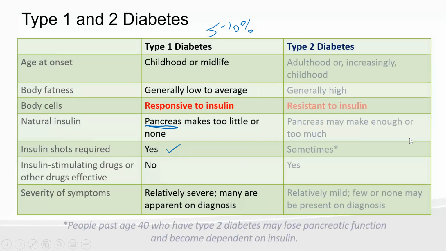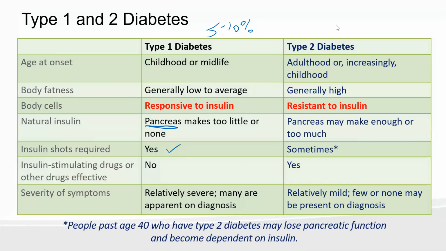Type 2 diabetes is the most common. This is somewhere around 85% or more, maybe 90%, something like that, if I remember the numbers correctly. And this is often the adult-onset type diabetes, they used to call it, but more and more kids are getting type 2 diabetes, in their teen years or prepubescent years. It's getting way more common. So I think that term is going to go away.